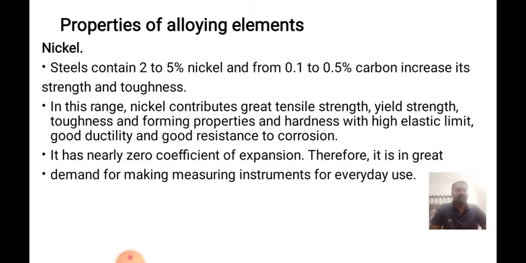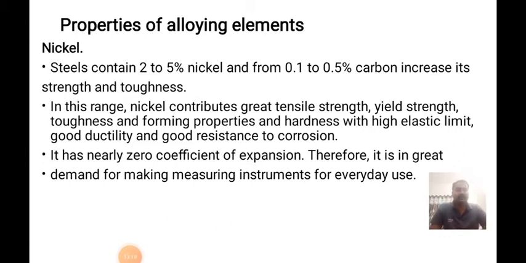So that's why by adding different alloying elements in the steel, we will get different alloy steels, and that alloy steel will show the properties of the alloying elements. Means whatever alloying elements we have added in the steel, that property is shown by the alloy steel or alloyed steel, is it? So out of that, the first alloying element is nickel.